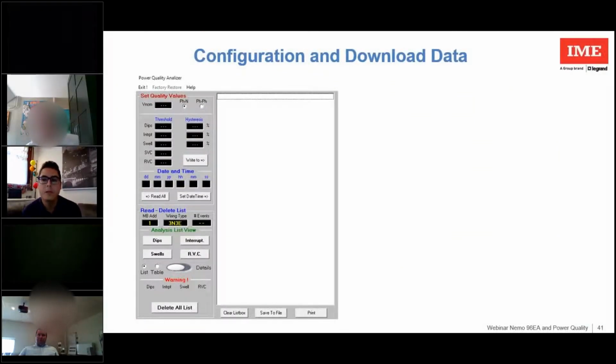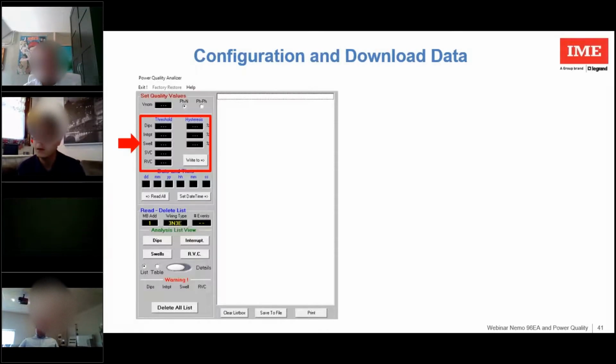In this window, you can enter the threshold of the quality parameter and the hysteresis. In the lower part, instead, you can download the events by selecting the type of events, for example, dips, and selecting from